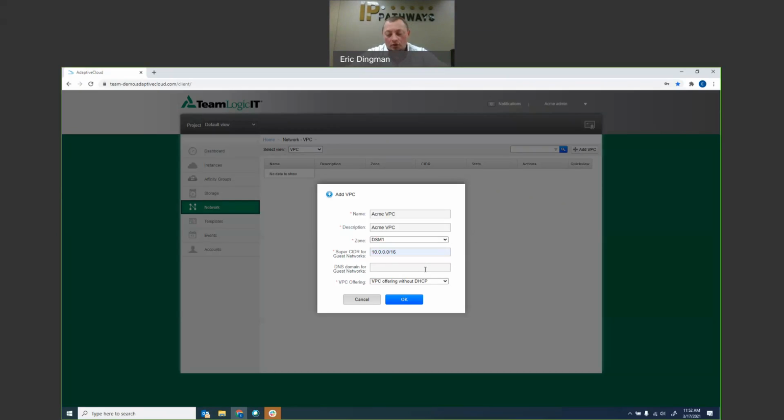So you have the ability to go ahead and further define that here. In this case, we put that into the account previously, so we don't necessarily need to further define this, but again, additionally, if you had some additional special information you want to put in here, you certainly could do that. VPC offering, again, this virtual router that we're going to create does DHCP, and so it is pushing that information out to your virtual machines